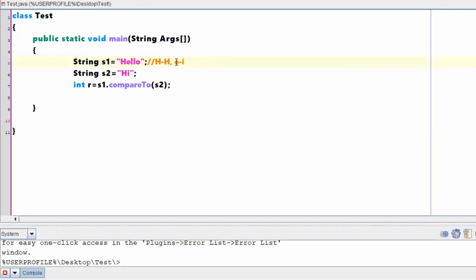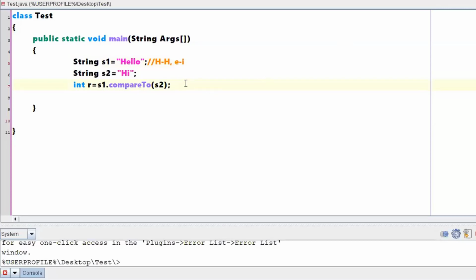If I am performing a subtraction operation on ASCII value of E minus I, so will you be getting a positive number or a negative number? Negative number, right? E will be having a smaller value, I will be having a bigger ASCII value. Smaller number minus bigger number, obviously you will be getting a negative value. When you are getting a negative value, what is the implication? When you are getting a negative value, can I say that this particular hi is greater than hello? Can we come to some conclusions like that?